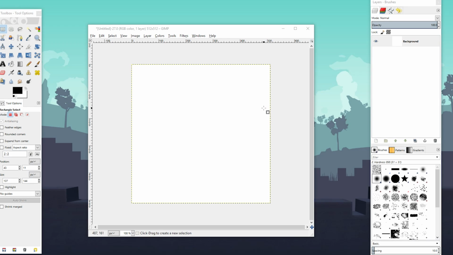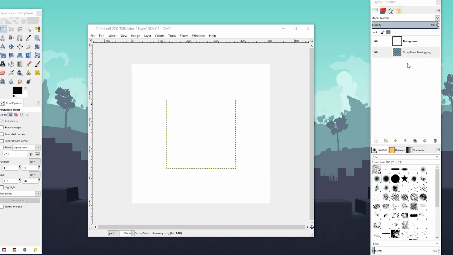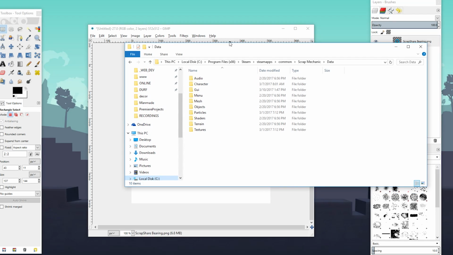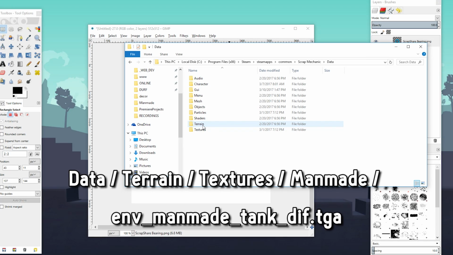Okay, so I'm going to start by creating my Diff Texture. And I need two symbols for that to work, so I'm going to start by importing the first symbol, which is just the picture of a bearing that I have here. And we'll just move that to the top layer so we can see it. There we go. And we also need another picture, and for that, we're going to go into the Scrap Mechanic data folder,